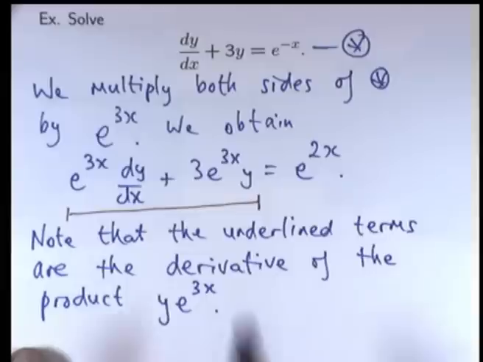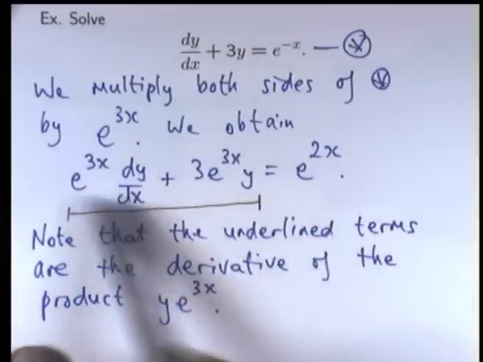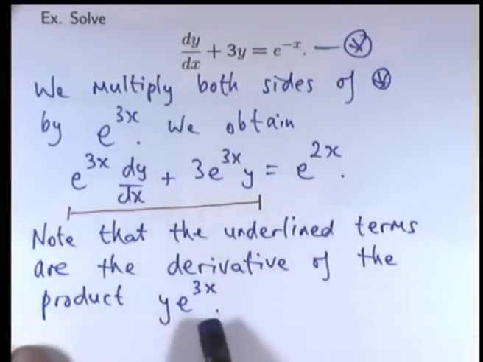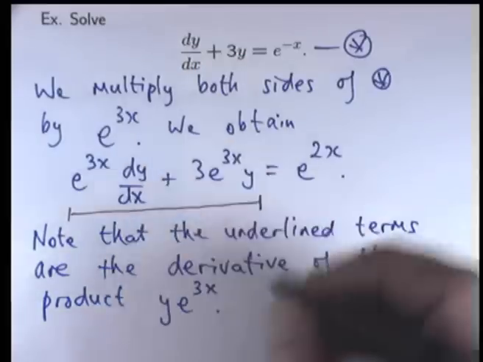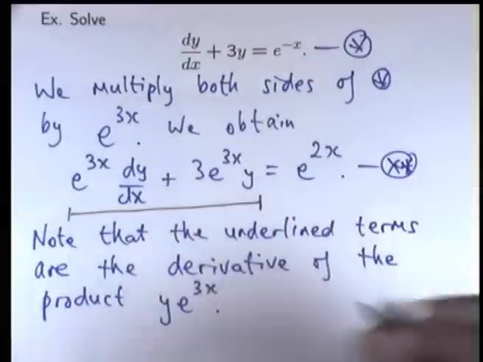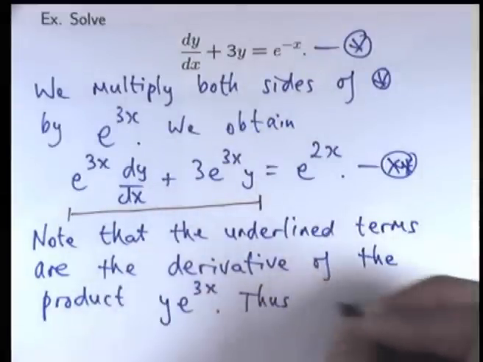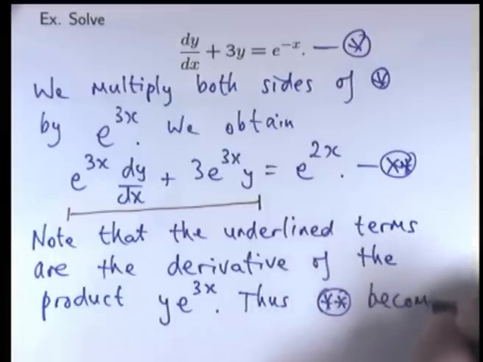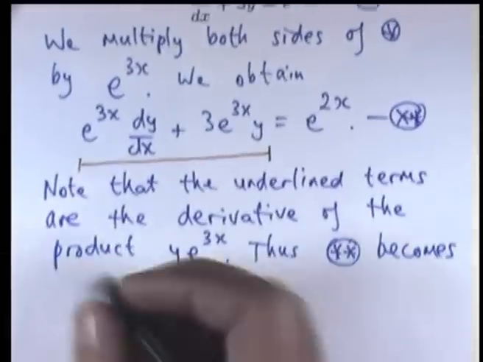Okay, so what we're going to do is basically collapse this left-hand side down to the derivative of this. And then what I can do is actually integrate both sides. So double star will become